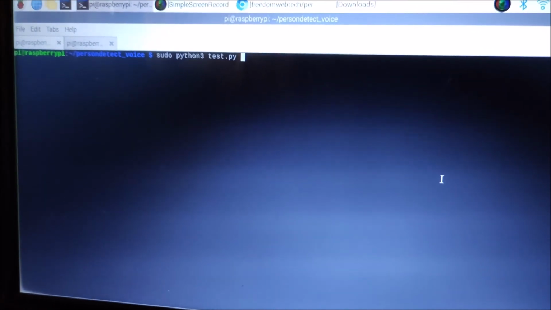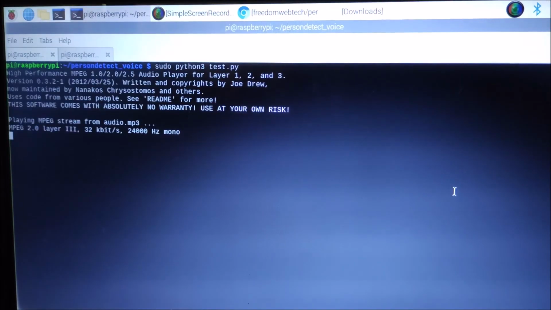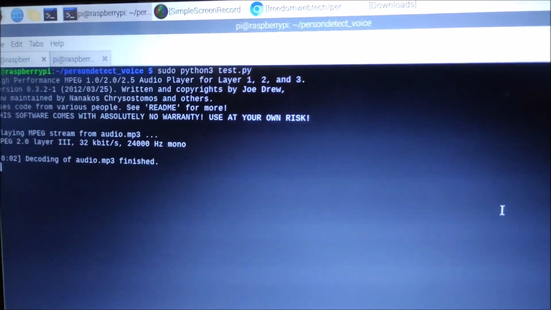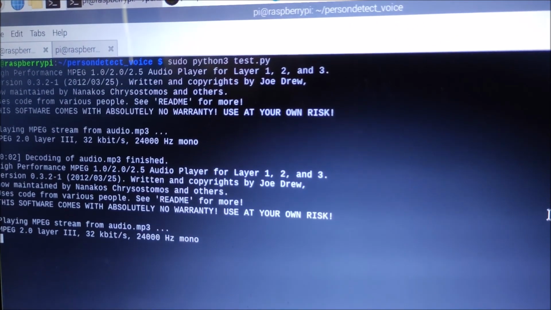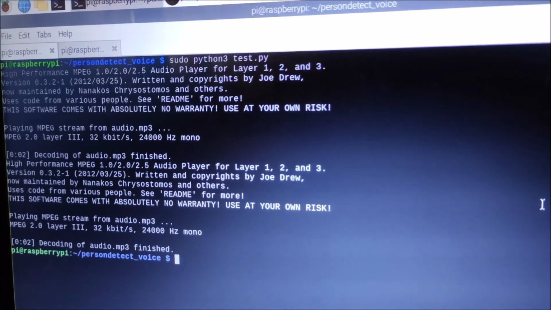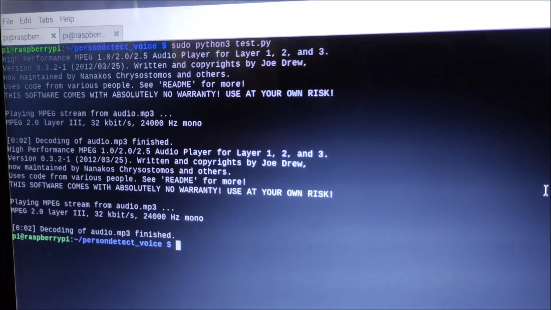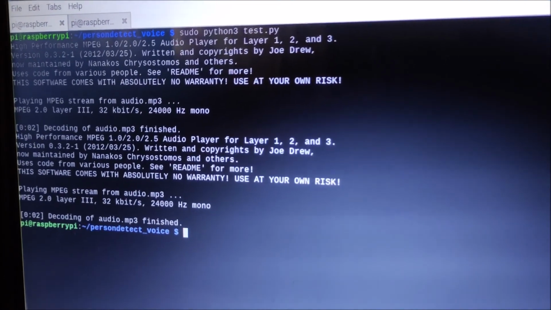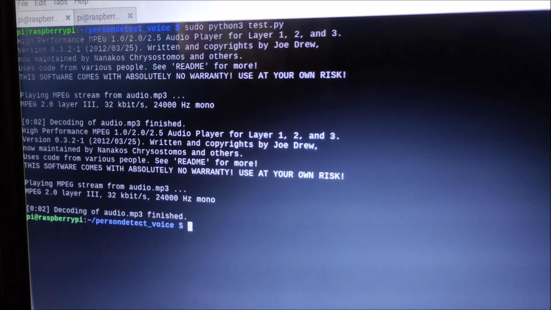We are now inside our folder, and test.py is our script. So now simply hit enter. It's capturing the image using the camera module. As you can see, now it's captured the image. Now it will process. Person 1, unknown person. Person 2, Barack Obama. So friends, as you can see, person 1 is an unknown person and person 2 is Barack Obama. Why? Because we saved the Barack Obama image inside the known folder.